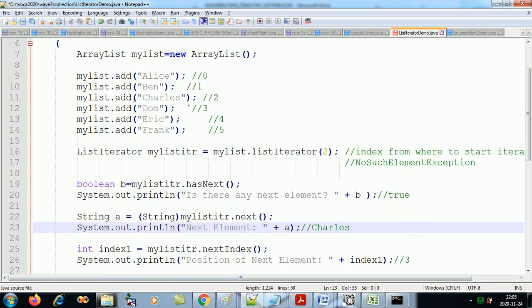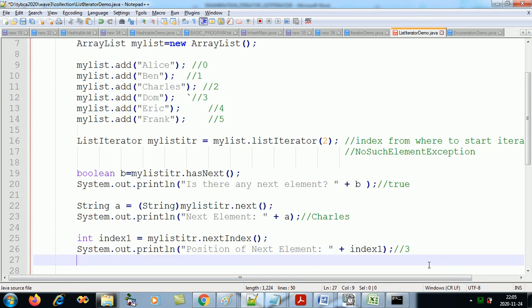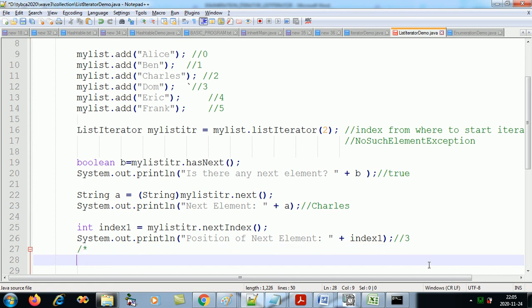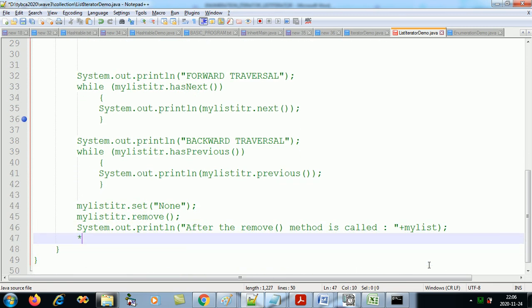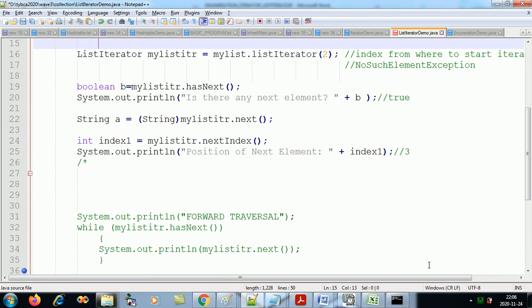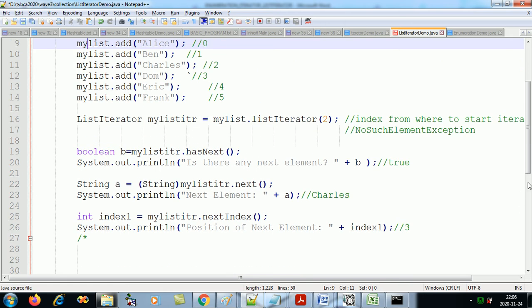Now the current cursor is at Charles, so which is the next index? 3. So this output should be 3. Let me run only up to here. Our output should be true, Charles and 3.